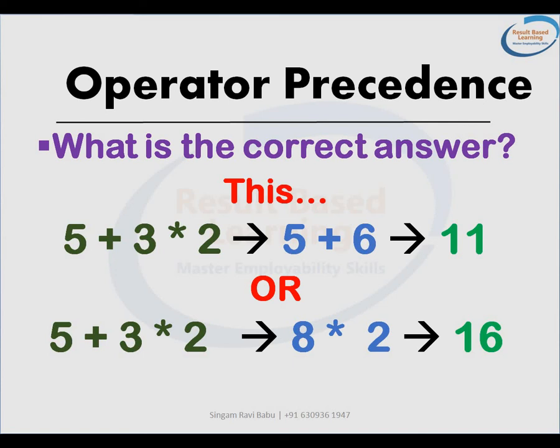In the first case, in the expression 5 + 3 * 2, we performed the multiplication first, that is the operation between 3 and 2, which gave 6. So the result is 5 + 6, eventually 11. In the second instance, first we performed the addition, that is 5 + 3 is 8, 8 * 2 is 16. Which one is correct? How can I know the correct answer? Is there a procedure that will help me come to a correct answer?